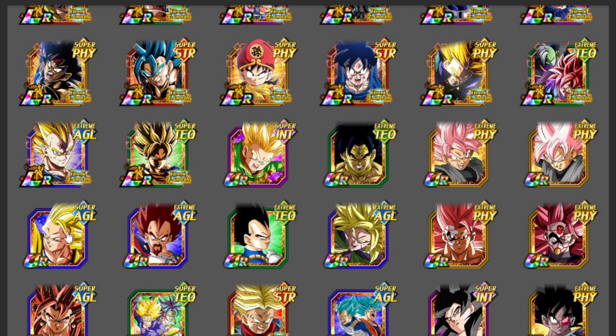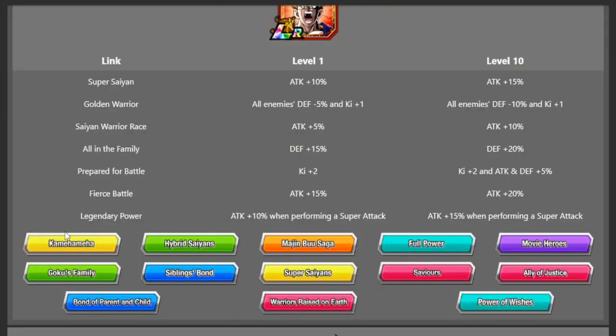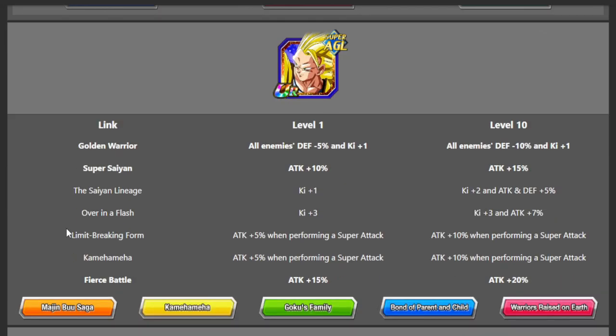Now, the very interesting thing about Gohan actually being included on Majin Buu Saga is that, remember, for this Goku to get his intro buff and therefore get that crazy damage reduction that makes him a really effective slot 1 tank, he needs to have a Majin Buu Saga ally on the team. And on some of these teams, like Kamehameha, Goku Family, Bond of Parent and Child, Warriors Raised on Earth, there are some decent Buu Saga allies who don't have restrictions, but characters like Tech Ultimate Gohan, who don't necessarily link well with the rest of the team, ended up being a character that you can't just throw on random teams, because you have to make sure you have a Buu Saga ally. But this Gohan is now a Majin Buu Saga ally, so that actually gives this guy a lot of extra utility,